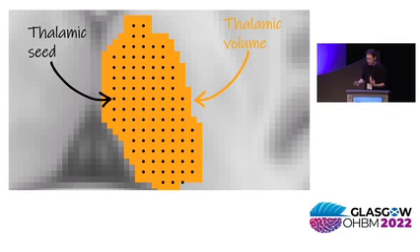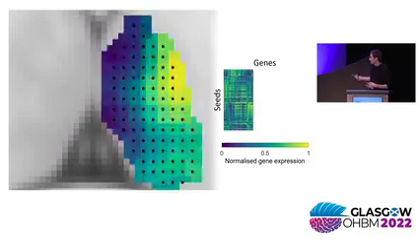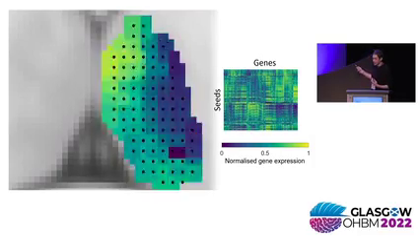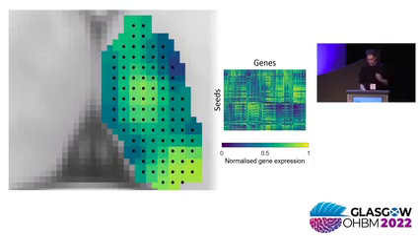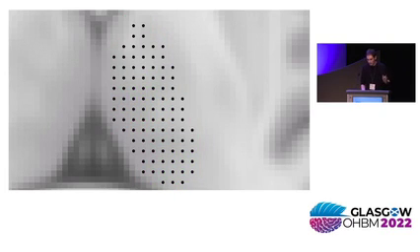To do so, we first, throughout the thalamic volume, defined a set of thalamic seeds. And then using data from the Allen Human Brain Atlas for 2,000 genes which have been shown previously to have above average expression in the human brain, we mapped each of these to each seed, constructing a seed by gene expression matrix. Then, because we also wanted to look at connectivity patterns from the thalamus, we also conducted probabilistic tractography